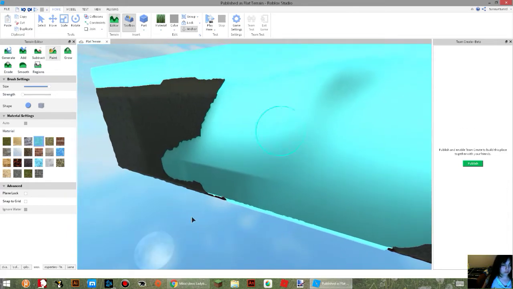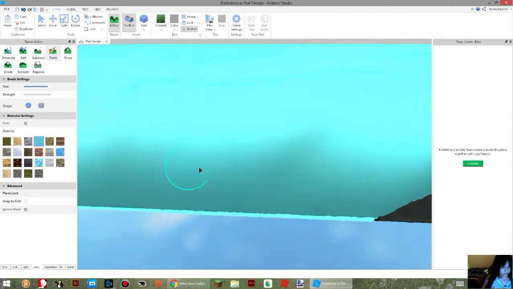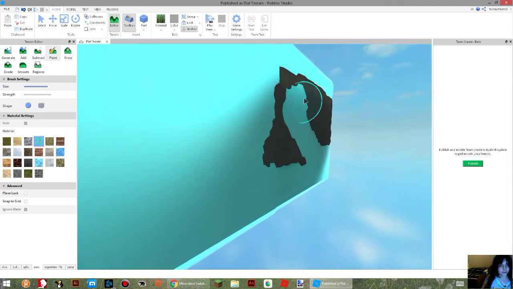You can just make this all water if it makes it easier for you, and make it as deep as you like. Please add a little bottom thing so that way your people wouldn't fall out of the world and get annoyed